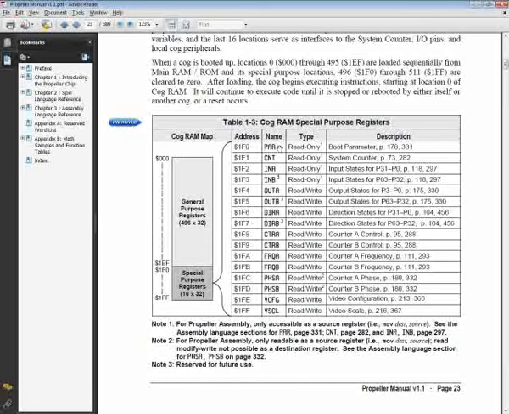What actually happens is you can write to the shadow register space,